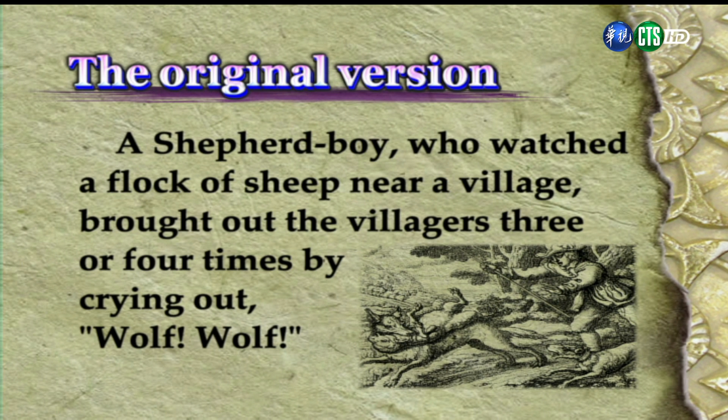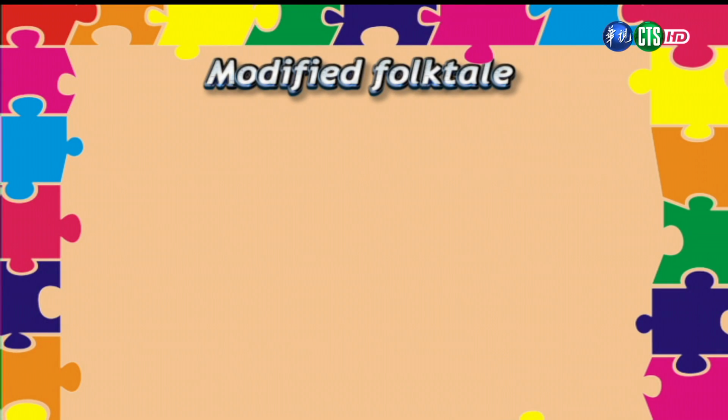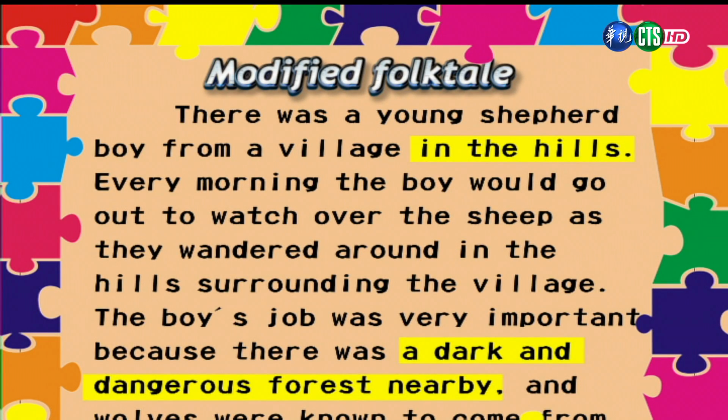And here we see that we don't know anything about the village, and we don't know anything about the boy, besides the fact that he's a shepherd boy. 好,我们可以看到这个是传统版本的开始。传统版本很单刀直入地告诉你说,这是一个牧羊男孩。我们完全不知道故事发生的背景,也不知道关于这个男孩的一些讯息。